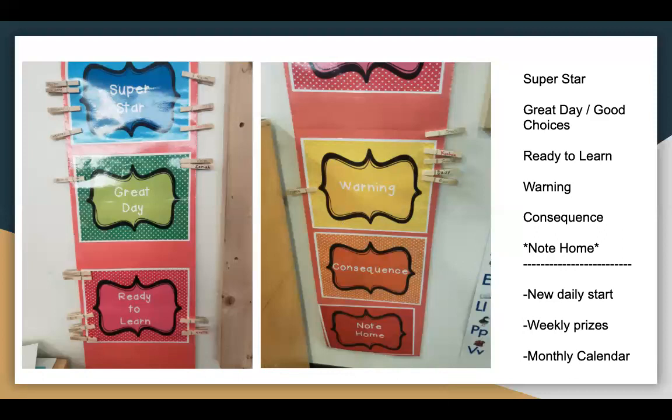But this year, I think because I started from the beginning and I was so clear since August of my expectations, they behaved so much better. I didn't really feel like I had to use prizes as much. So it was kind of just a reward alone for them to get a good color. And I use stickers more than actual prizes. Like the first year I used a lot of candy, which I don't want to encourage. So I kind of took a step back from that, and then I started giving them stickers or erasers,